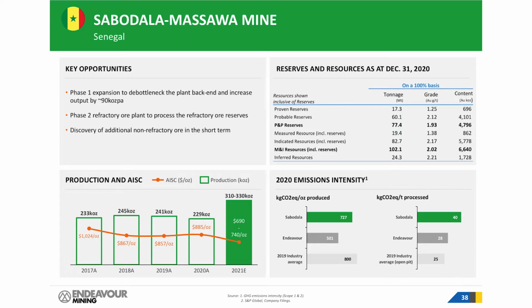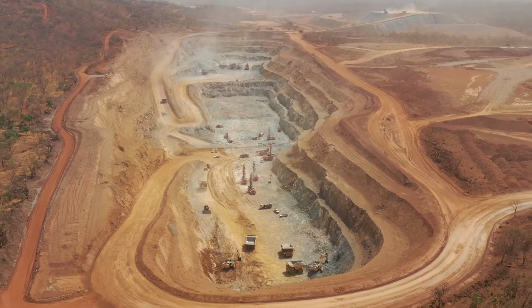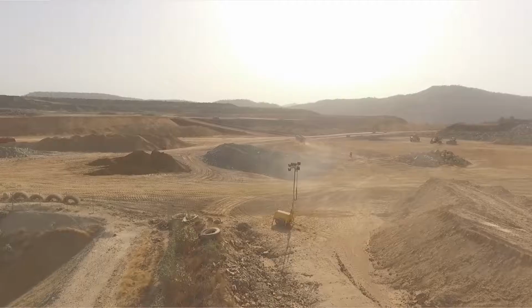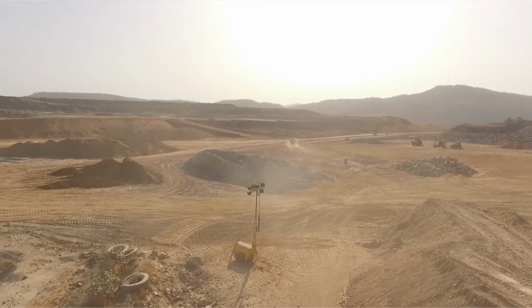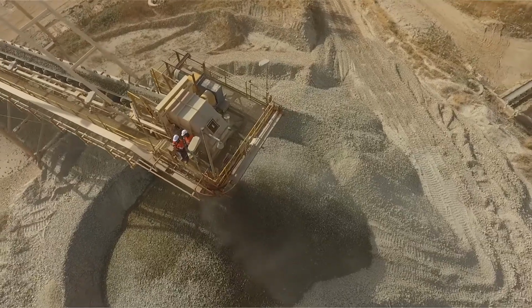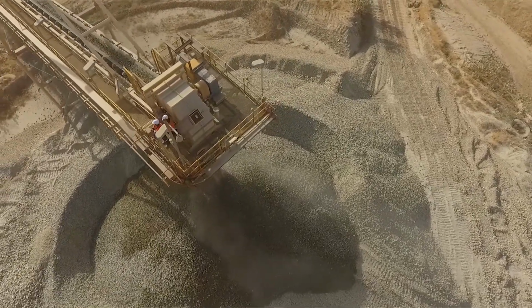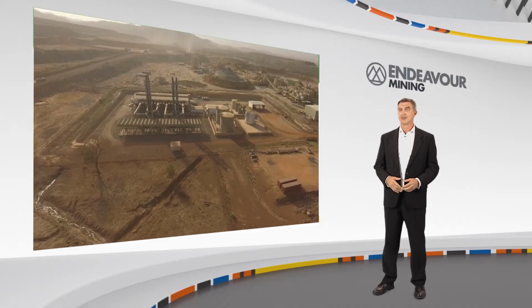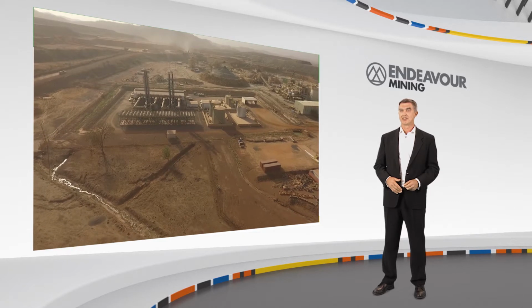The timing of our Teranga acquisition was very important, as it allowed us to continue with the Phase 1 expansion work and evaluate the Phase 2 PFS outcomes ahead of commencing the feasibility study. We see an opportunity to further enhance the project relative to the design considered in the PFS and look forward to sharing the results later this year. We believe that there remains a significant opportunity to further enhance our reserves at the operation, which Patrick will now